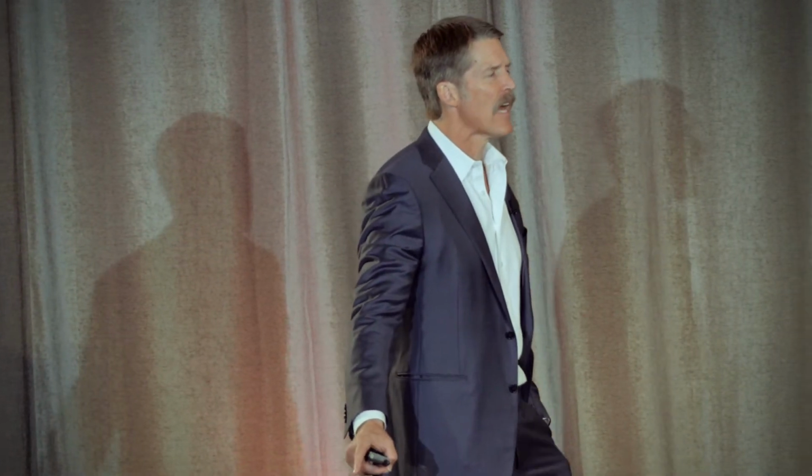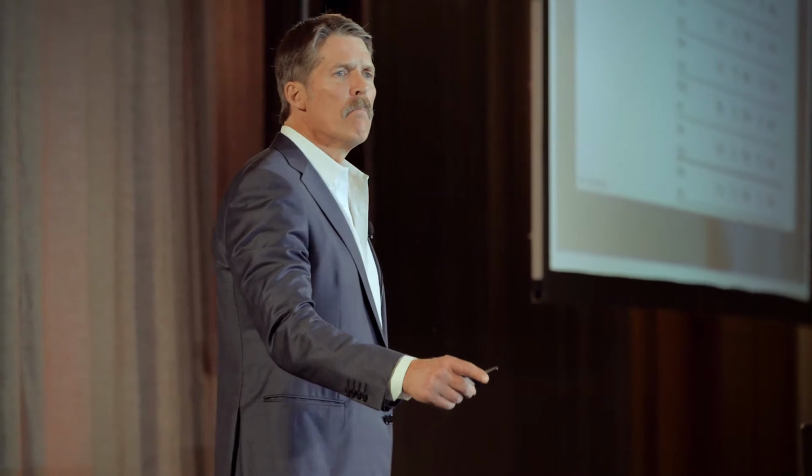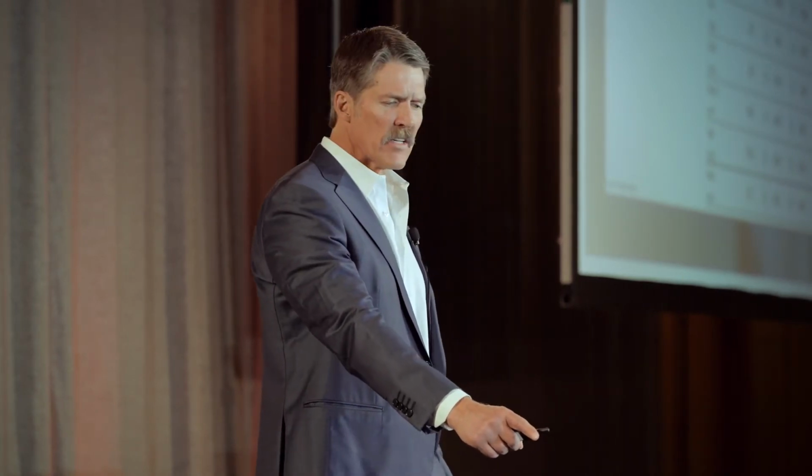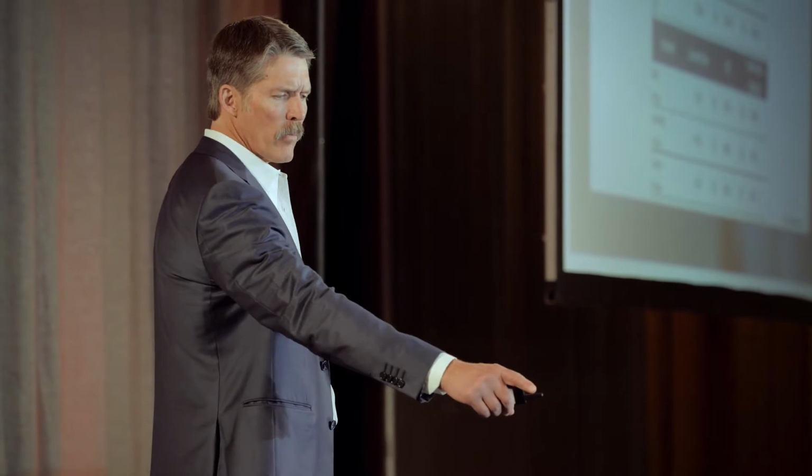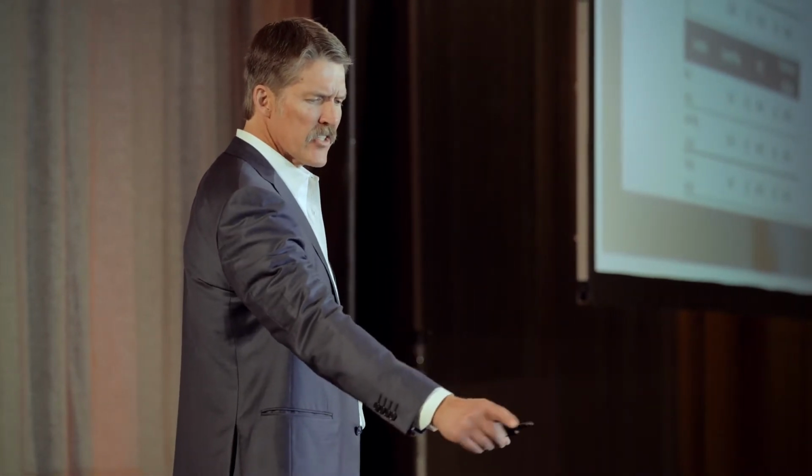Then you look at agricultural goods. This is what's impacting people's pocketbooks. If you are an older person living on a fixed income, or you're a middle or lower income person that doesn't own a lot of assets, you're getting hammered. I mean, utterly hammered. Your food prices have gone straight up. Look at coffee, 63%, corn, 47%, cotton that goes into the making of so much of our clothing, 70%. Palm oil goes into so many food products, 62%. Sugar, 48%. Wheat, 40%. Now look at the industrial metals: aluminum, cobalt, magnesium, nickel, palladium, tin, zinc, all of them